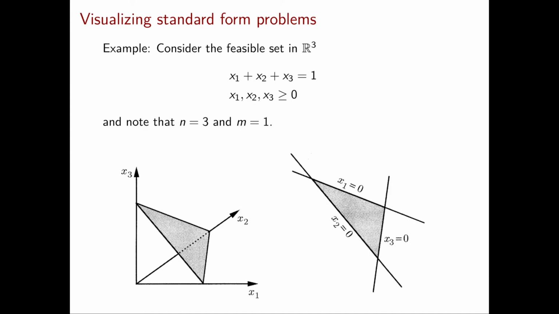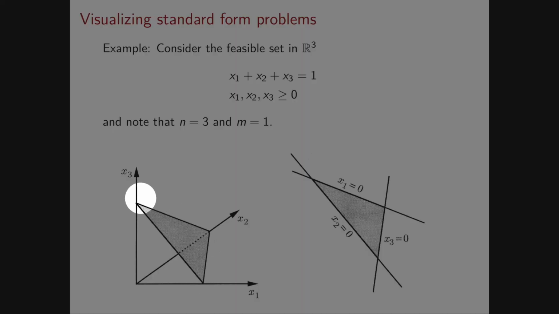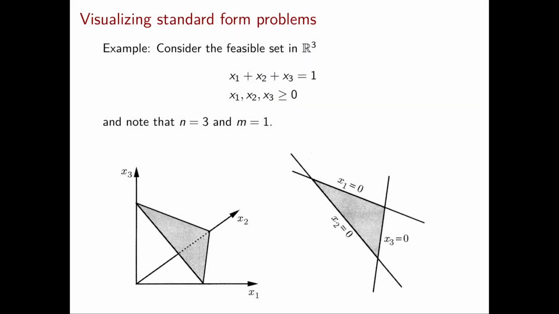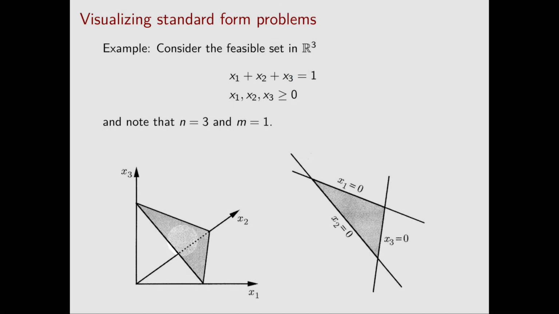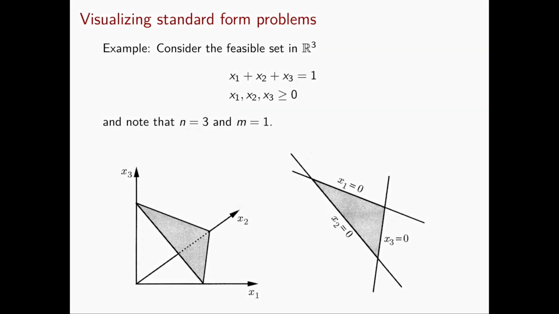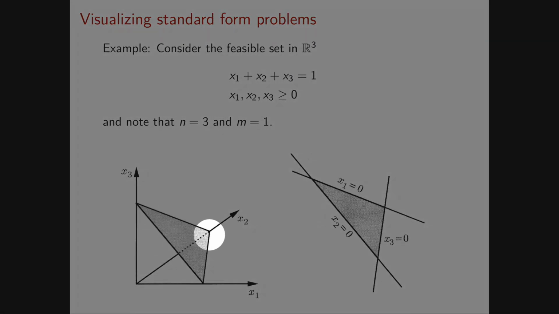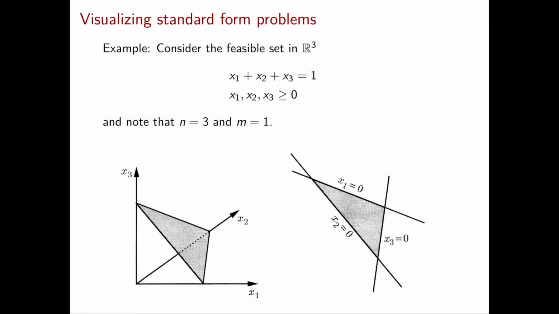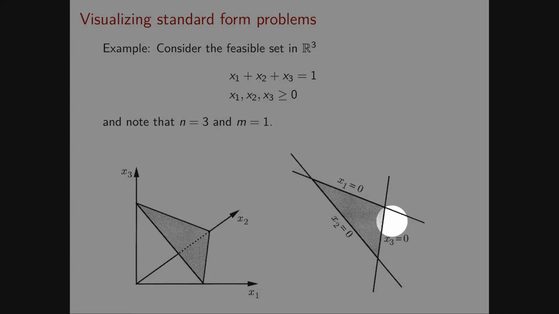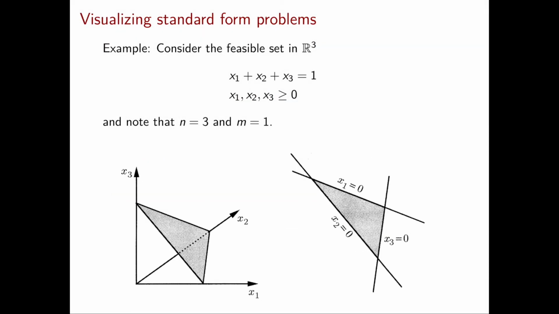Let's get back to the only example we have seen so far of a standard form problem. We draw the feasible region directly in the original dimension 3 as this triangle. But now, thanks to our observation, we can draw it in the plane, and essentially our plane will be the unique hyperplane that contains this triangle. So if we then live in such a plane, we only have to draw the three inequalities xi greater than or equal to 0, which then will give us a triangle.